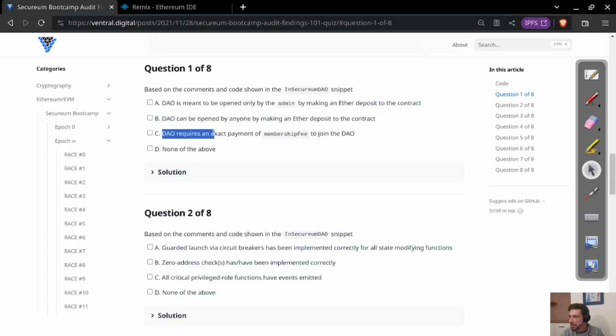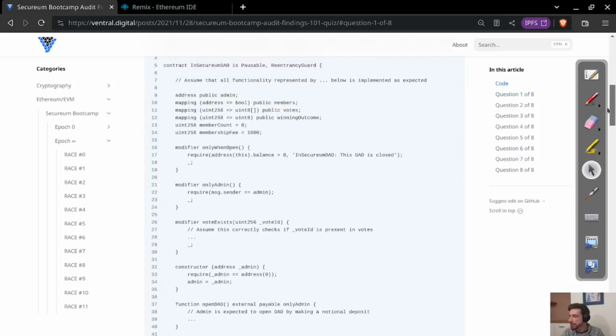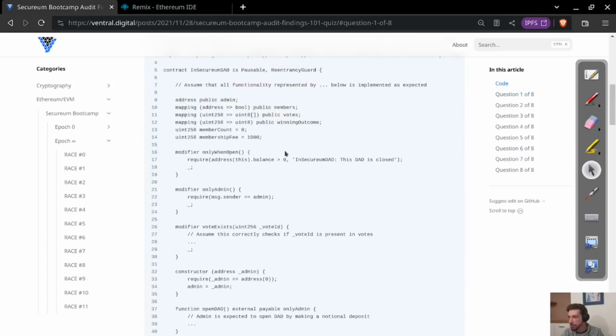C. DAO requires an exact amount of membership fee to join DAO. So the first two are both about opening the DAO to memberships, to people signing up as members to the DAO. So let's take a look at what we have about opening the DAO.